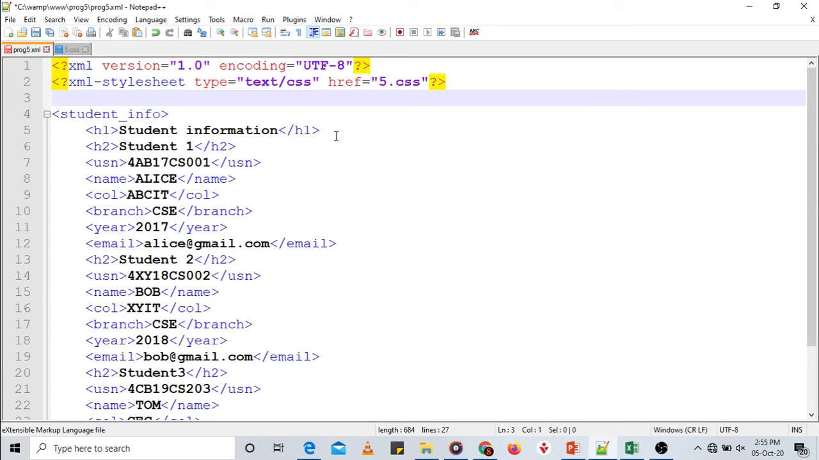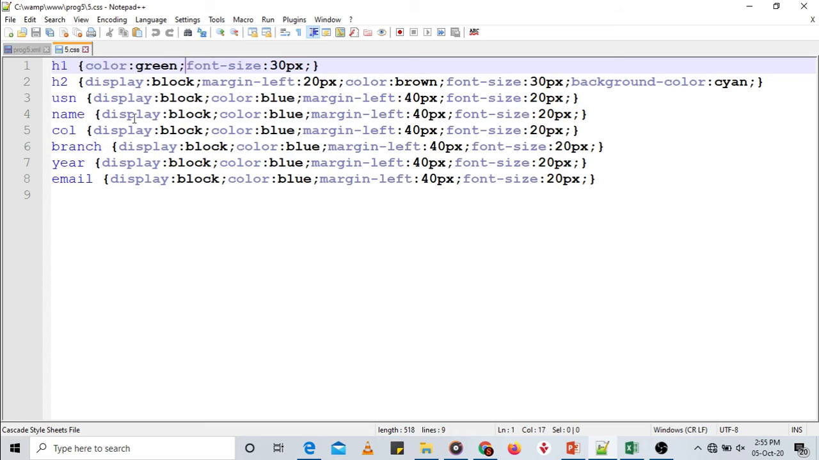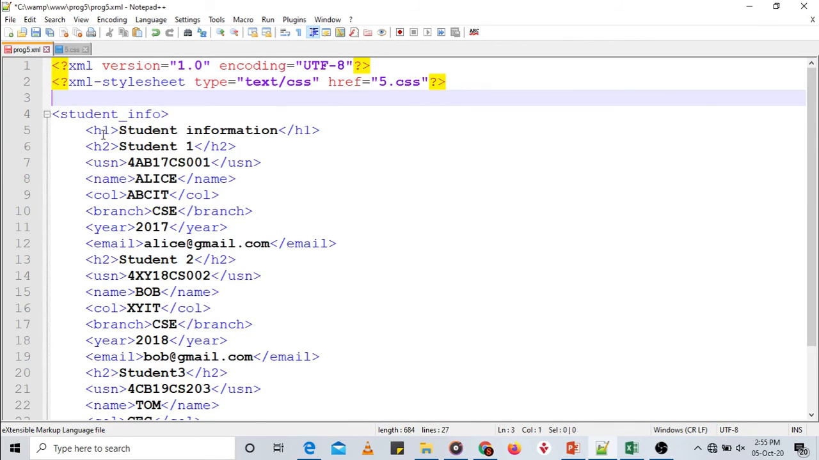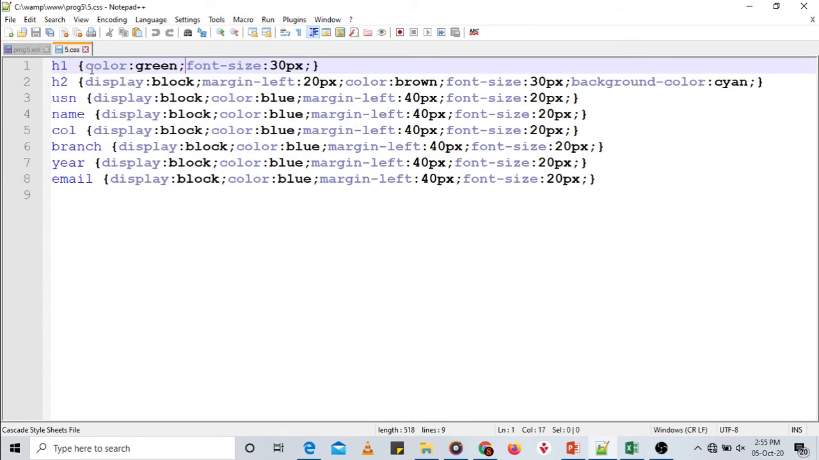We link it to an external CSS. Let us see what we have in that external CSS file. So let us just open that external CSS file. This is similar to the external CSS that we have used for your HTML document. For every tag we mention the name of the element, open brace, close brace, and specify the attribute value followed by a semicolon. So for the h1 element of our XML document, that is for this element, we specify the text